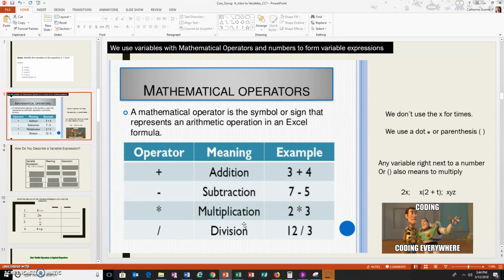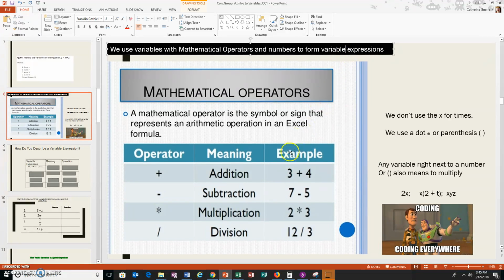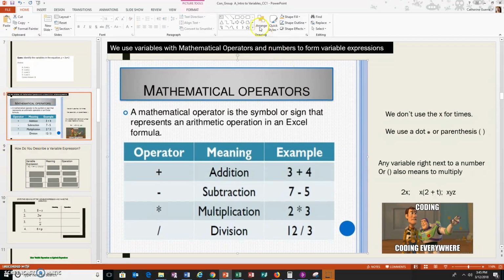Okay, and so in algebraic expressions, and they're also called variable expressions, we use letters to represent some number, and we also use operators, and operators are add, subtract, multiply, and divide. Notice our multiplication is very, very different than a times. We do not use times in algebra in variable expressions because the x is used as a variable. So that would confuse things. So we never use the x for times.